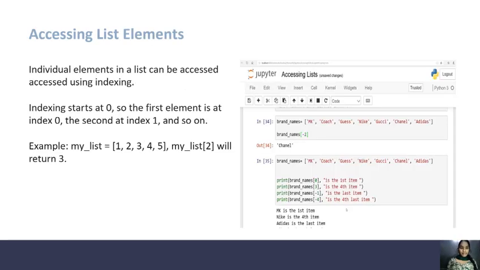Accessing list elements. Individual elements in a list can be accessed using indexing. Indexing starts at 0, so the first element is at index 0, the second at index 1, and so on. Example: my_list = [1, 2, 3, 4, 5], my_list[2] will return